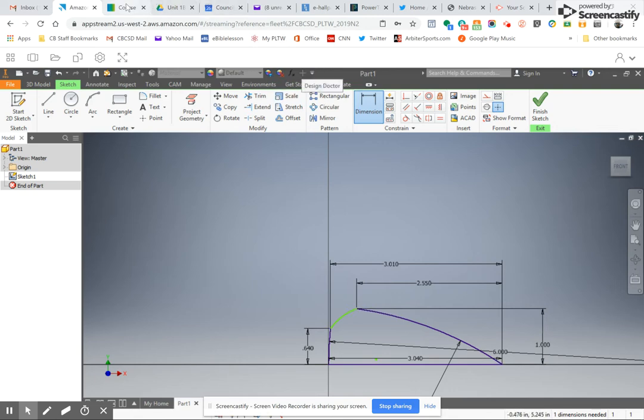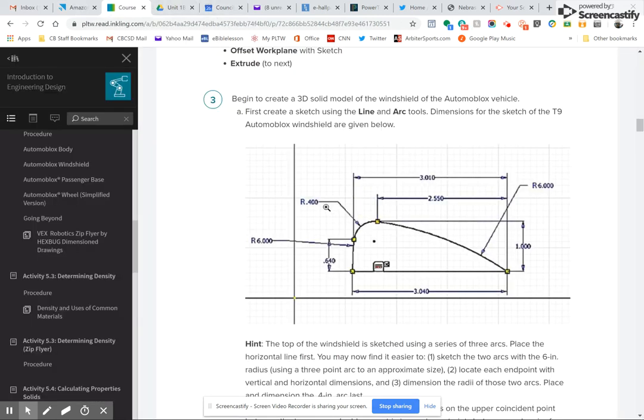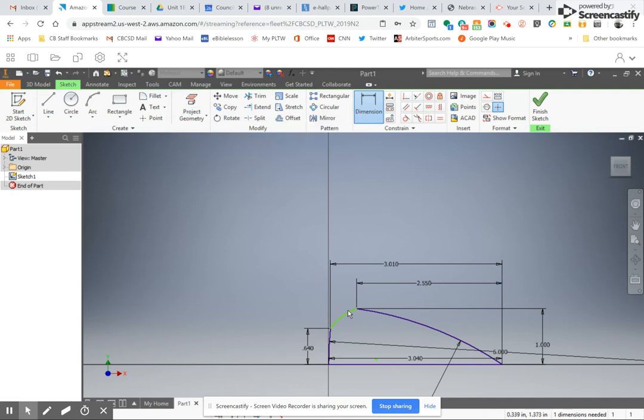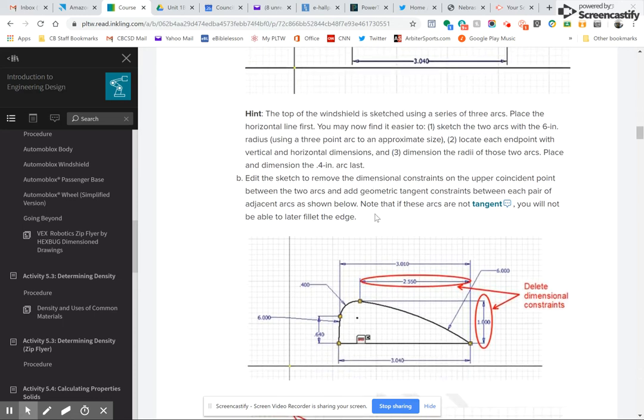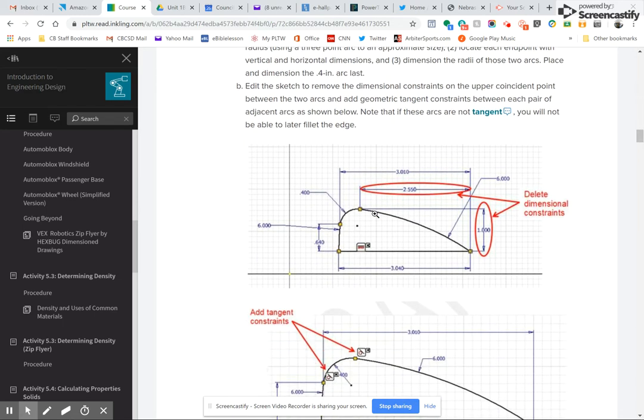The radius of that middle arc is 0.4. And I've got a fully constrained windshield. Now, when I get to this point, you'll notice at the bottom, or as you scroll along, it actually